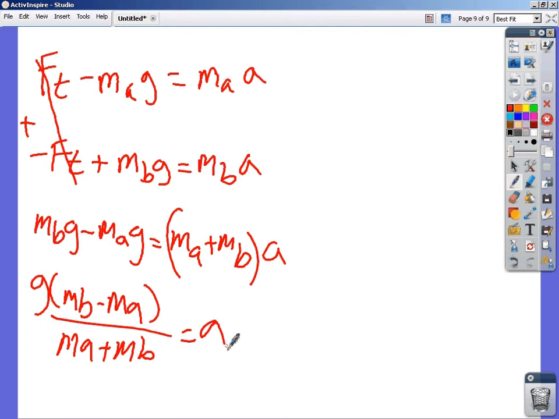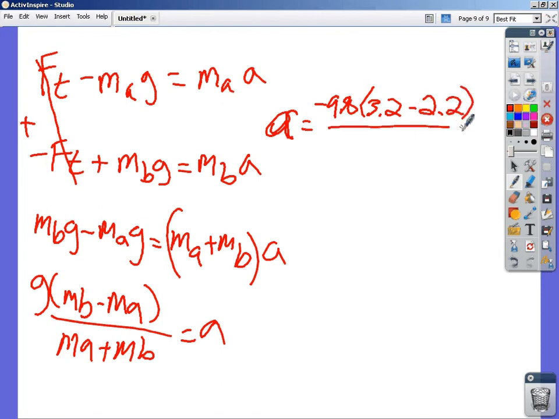So you're going to get A is equal to -9.8 times the mass of block B, that was the heavier one, 3.2 minus 2.2, divided by 2.2 plus 3.2. That turns to 9.8 if you factor out -1. Wait, no. So you'll get for your acceleration, it is going to be negative, but if you look at the way